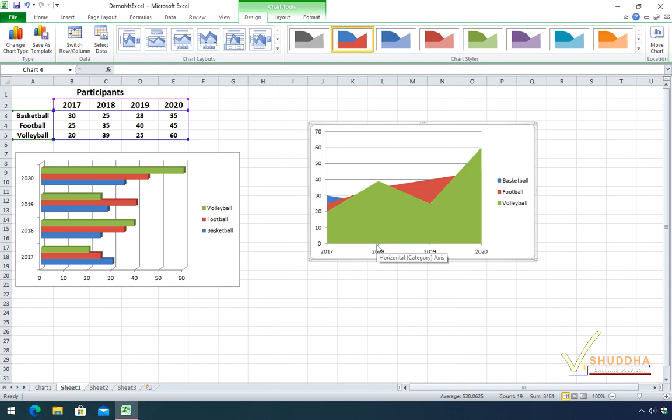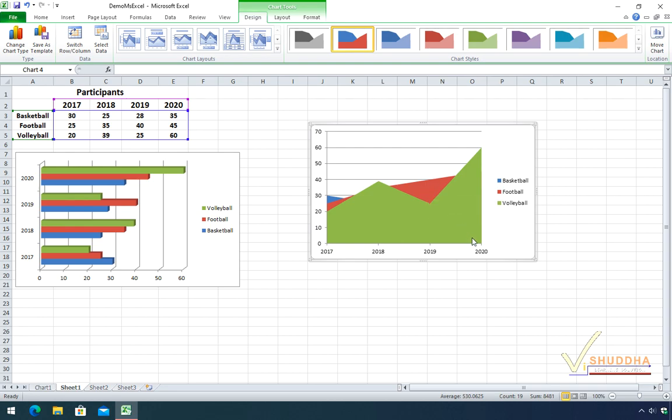In 2018, you can see volleyball had the maximum participation, that is 39. So it is hiding all the other shaded areas. Similarly, in the year 2019, we had minimum participation in volleyball, so it is showing the shaded area just behind it.